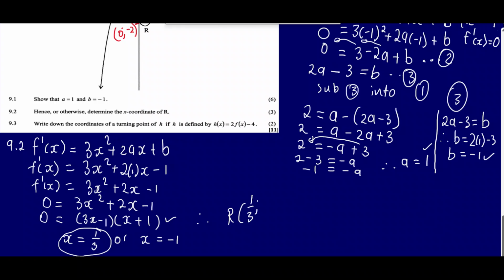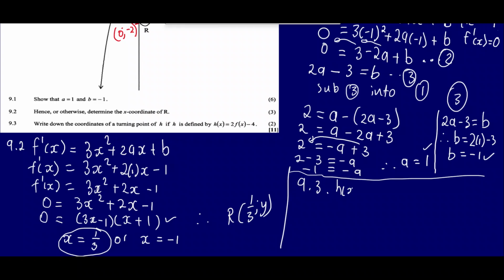And now we're looking for the coordinates of R, for us to substitute into the original equation so that we can get the y. So 9.3, let's quickly do the question. 9.3, they're saying write down the coordinates of the turning point if h